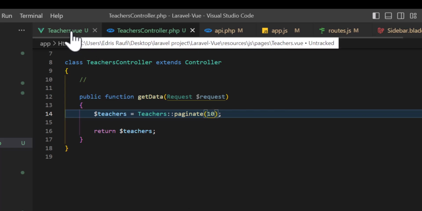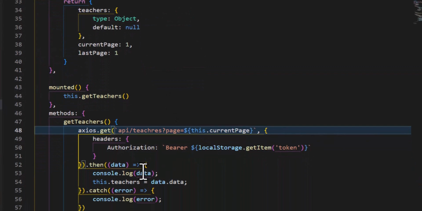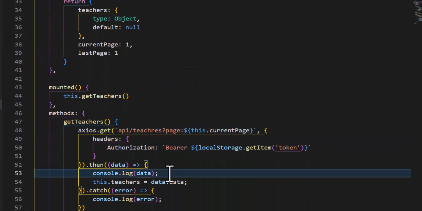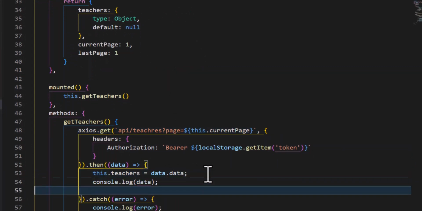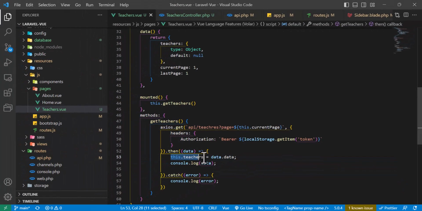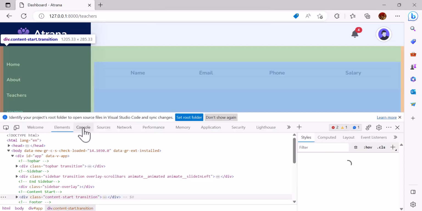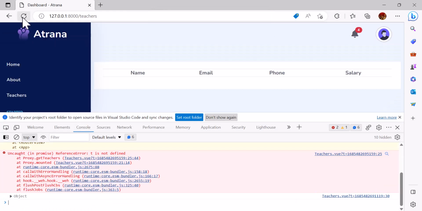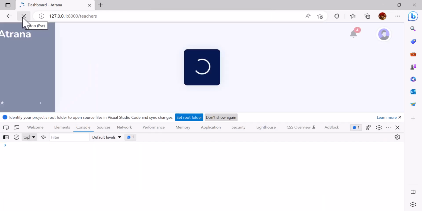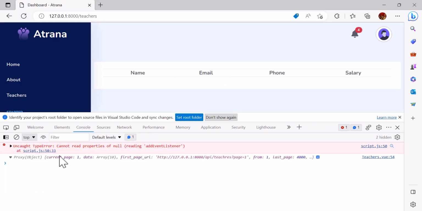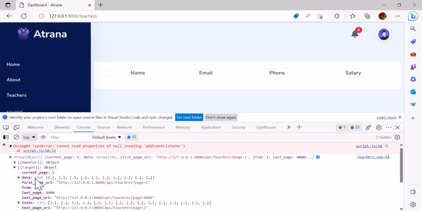Now back to our Vue component. Let's console.log our teachers to see what we get. So instead of data, I will type this dot teachers. Now let's go to browser. Let's open the console. Let's refresh the page. Now if I come to data,